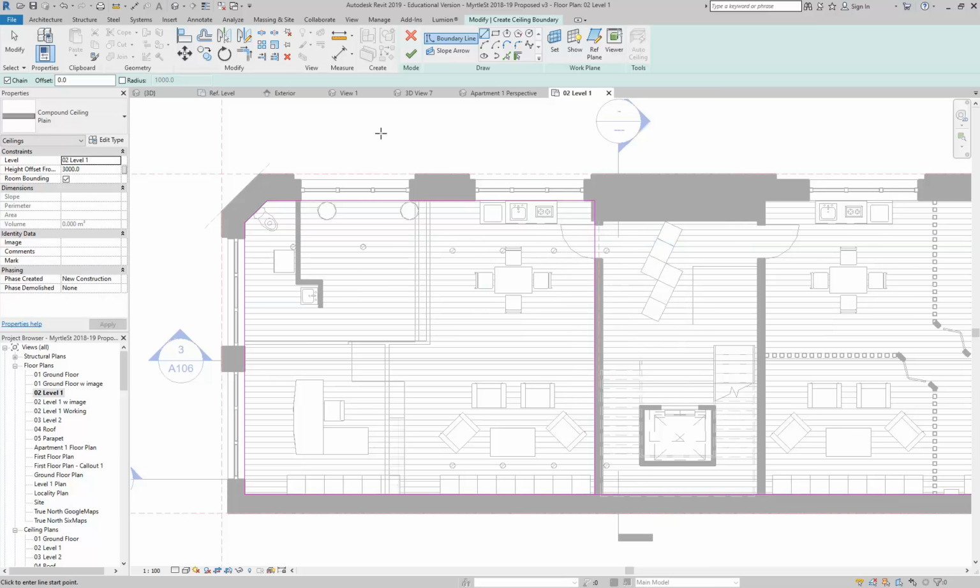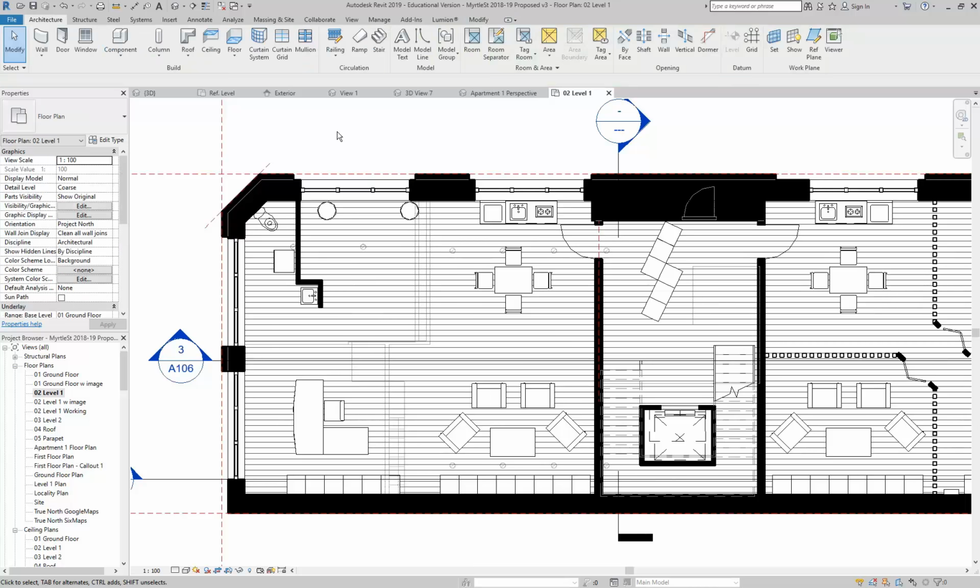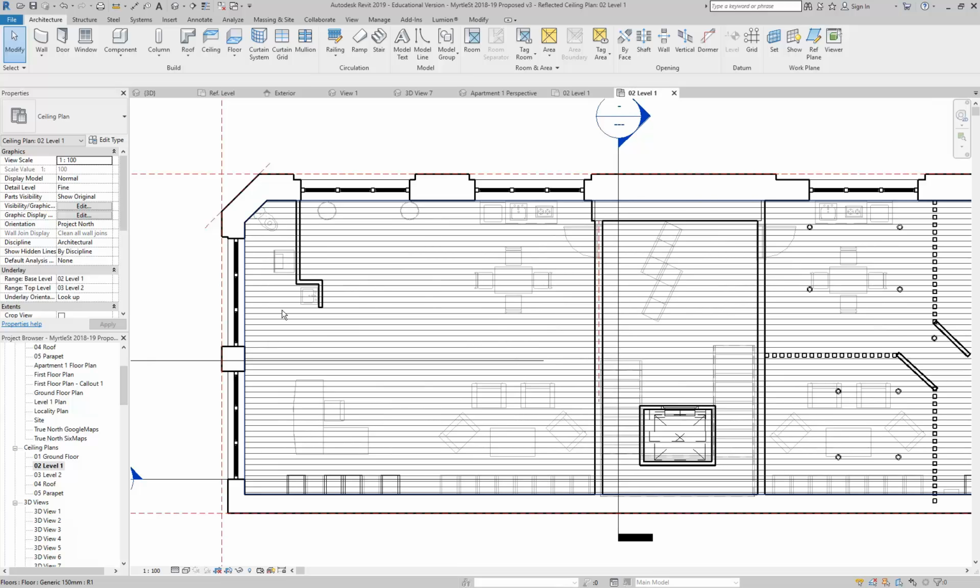So I've got the basic outline that I want for my ceiling in the plan view, and then I'm just going to make sure all of those corners are connected to give me a closed shape. And then I'm going to finish it, and you'll see it disappears. That's probably what you should expect, because this is a plan view. It's a floor plan. So this is when you can finally start to use the ceiling plans if you haven't used these already. I'll go to my level 1 ceiling plan, and this is unfortunately in wireframe, so we can